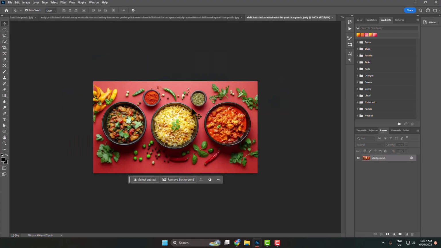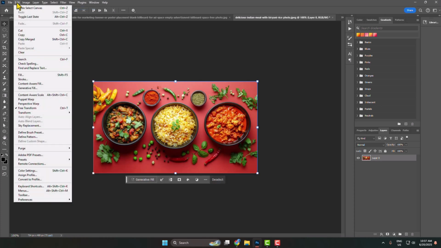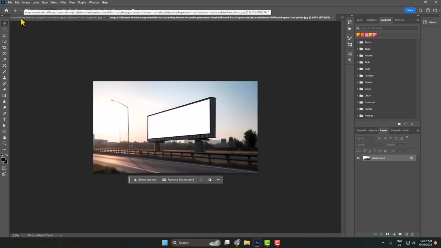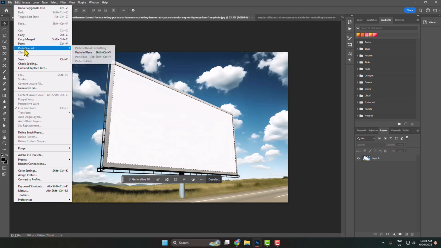And then go to your image subject, unlock the layer, and then click on select, and here select all, and go to edit and copy your image. Then go back to your perspective project and here click on edit and click on paste special, and then just